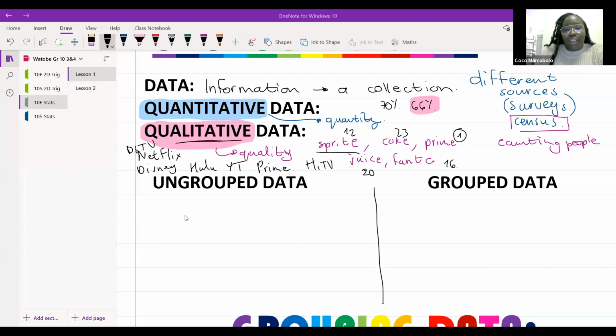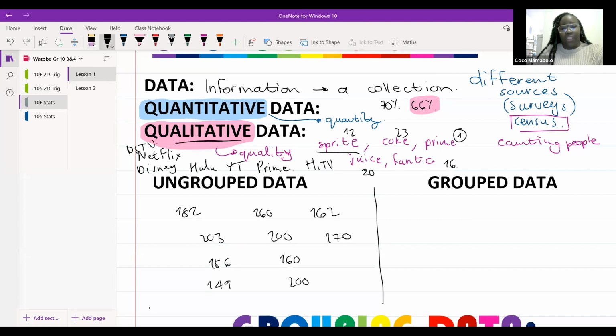Okay, so I've got like 182, 160, 162, 203, 200, 170, 156, 3,2. 3,2 is a whole building, guys. Hi, Suga. 160, 149, 200. See, all of these, and then there's some people who don't know. If you're 10 centimeters tall, then you practically fit in a shoebox, and I'm going to get a little worried.